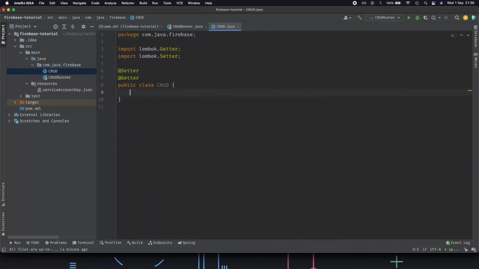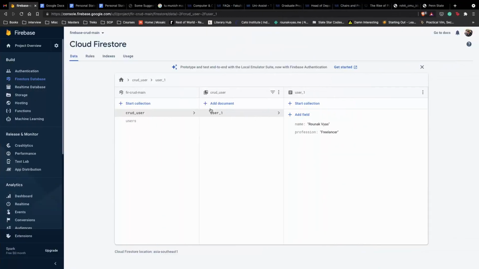We have private string document ID, private string name, and private string profession. These are the attributes we have inside each document for our CRUD user schema inside our